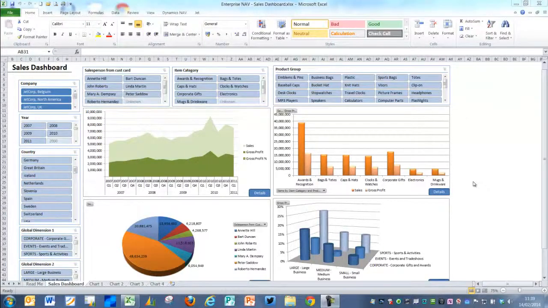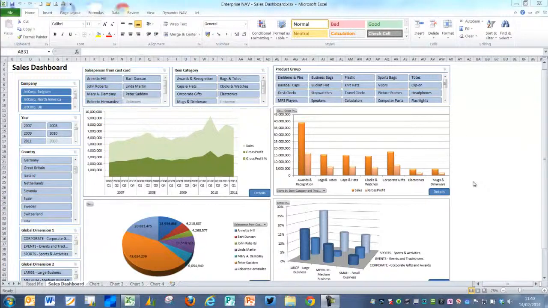One of the great things about working with a popular product like Microsoft Dynamics NAV is the range of excellent add-ins that are available to enhance the product. One product which is particularly popular with our customers is Jet Reports, which is a certified for NAV product. That means Microsoft have checked out the product and the company. And it also means that as Microsoft Dynamics NAV is developed further, then Jet Reports will be developed in line